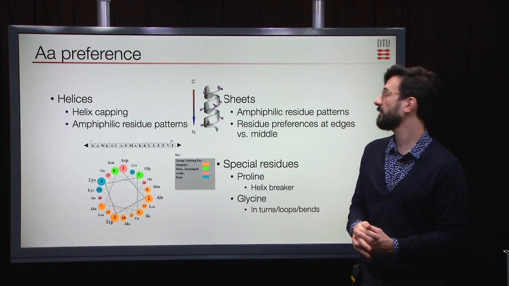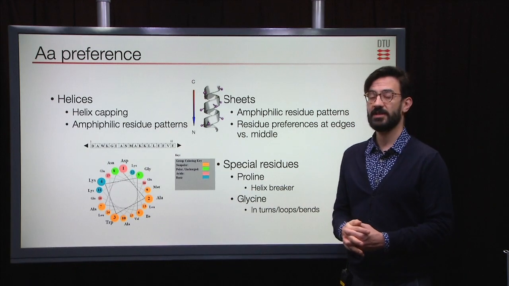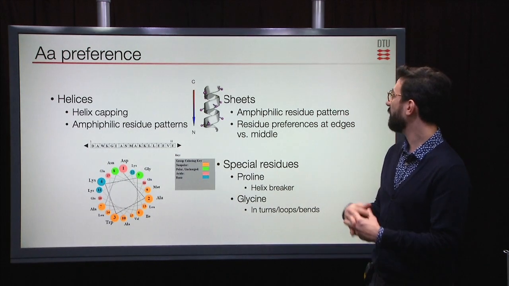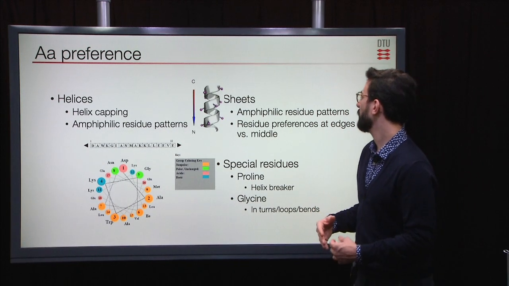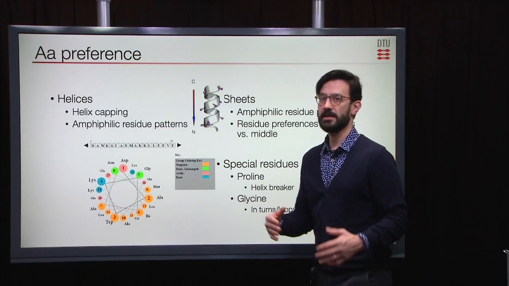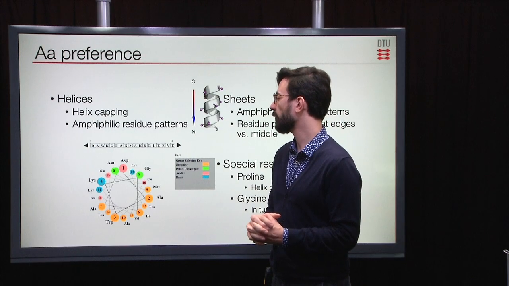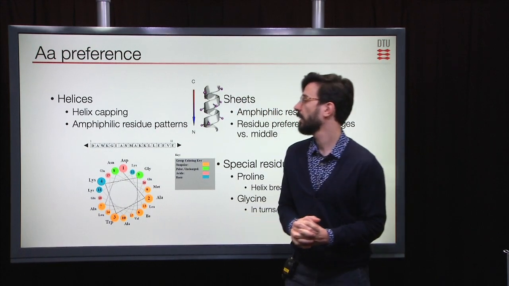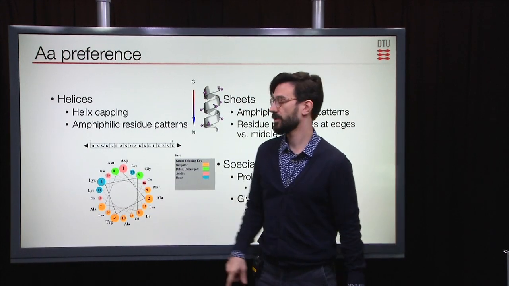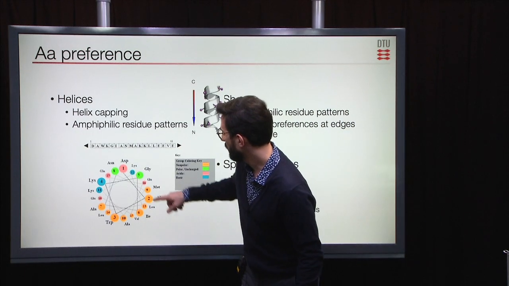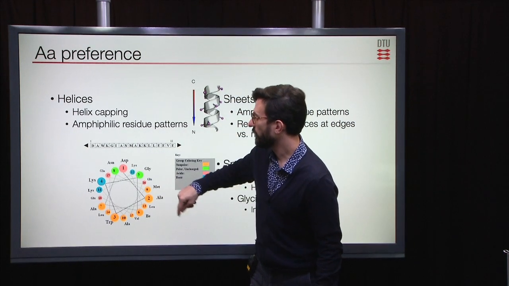Therefore, we can observe the so-called amphipathic pattern. Amphipathic means there is one side or one part of the helix that is hydrophobic and one part that is hydrophilic. If we do this kind of plot in which, starting from residue 1, we follow the helix by looking at it from above,